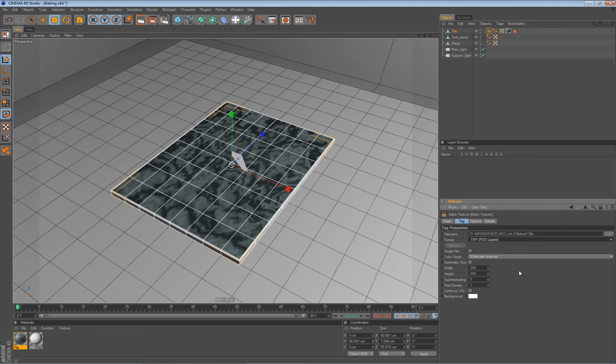You can leave them as they are, and here under automatic size I really suggest you don't use automatic size, because you will get really blocky and odd results, and it can lead to a lot of frustration. And here under width and height you can select naturally the width and the height of the rendered image. So what are good numbers here? This default value is really too low. I suggest starting with this value,